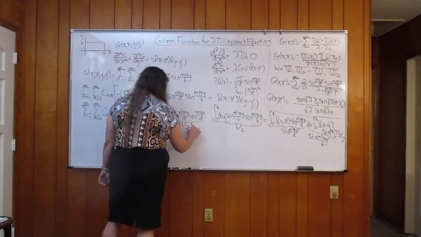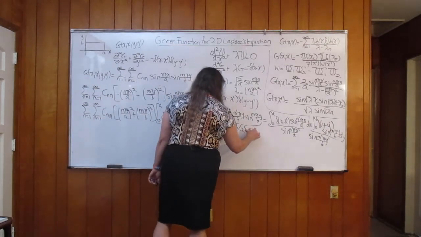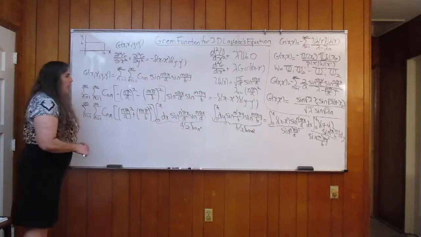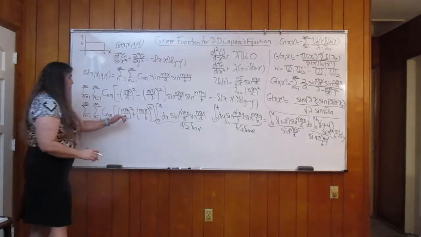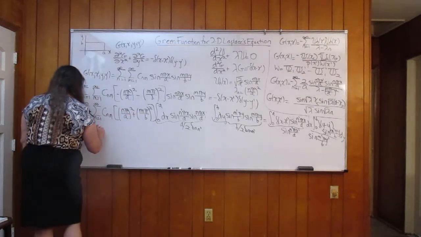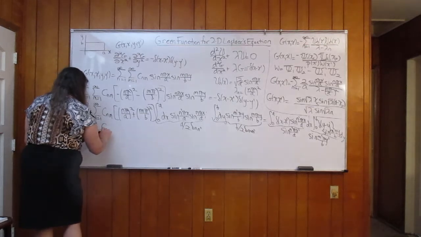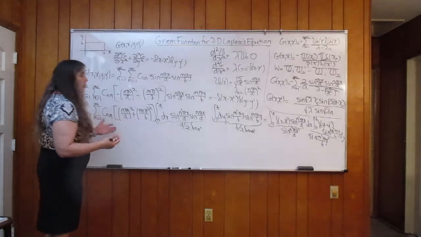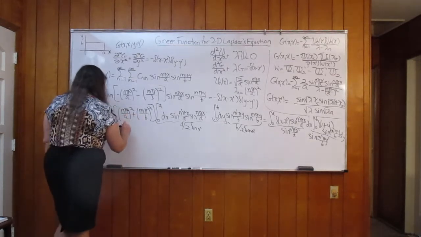And I've got delta functions, Kronecker delta n n prime and Kronecker delta m m prime. Okay, so that will have the effect of extracting those terms for which n is equal to n prime and m is equal to m prime. And I'm going to go ahead and drop off the primes because after all, these are just dummy indices. So when I do the math here,